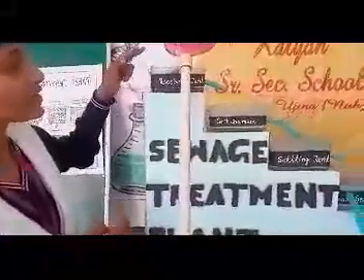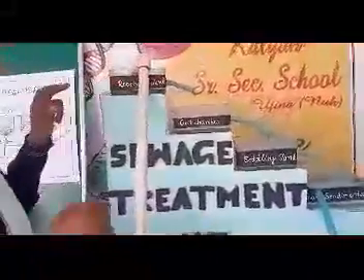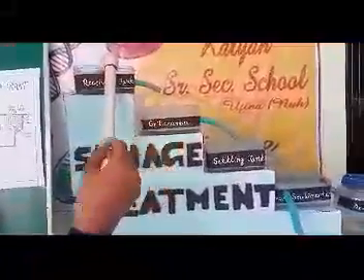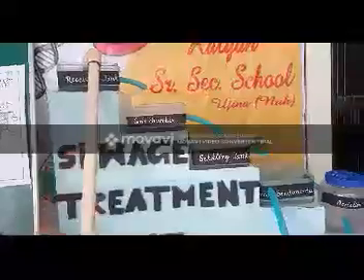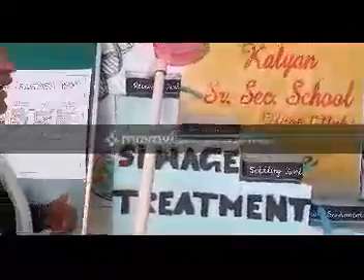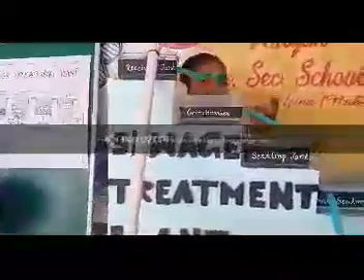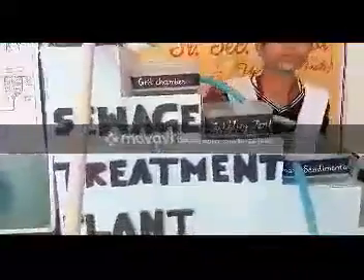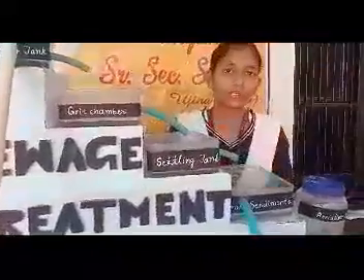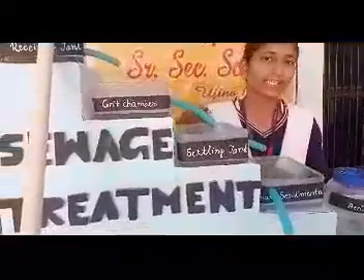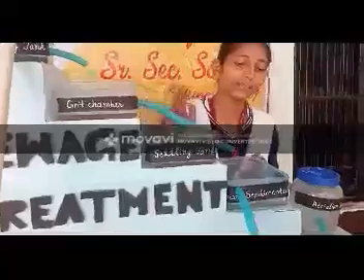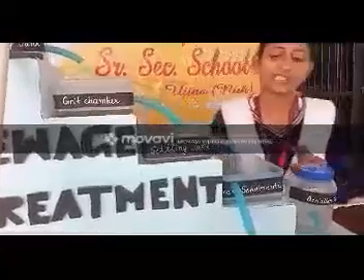Then the water is passed to the grit chamber at a very slow speed. The sand and grit present in this tank can settle down at the bottom of the tank and we can clean this tank from time to time. Then the wastewater is passed to the settling tanks. In this tank, many inorganic impurities present in the water can settle down at the bottom and the water is much clarified. Then the water is passed to the first sedimentation tank.